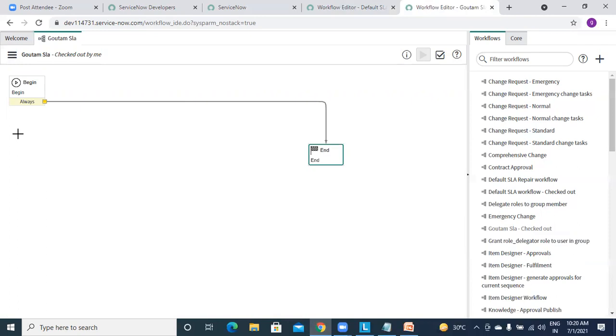So they will ask you what are the condition states there and what are the default states in workflow, begin and end. So they will try to confuse you. So just remember where is start and stop, it is in SLA, and in workflow it will be begin and end. Okay, by default.